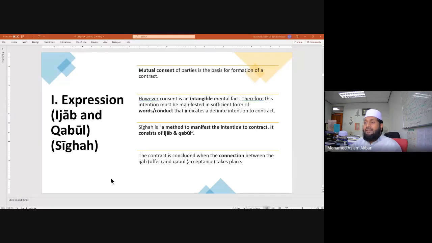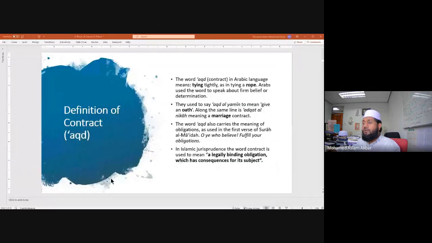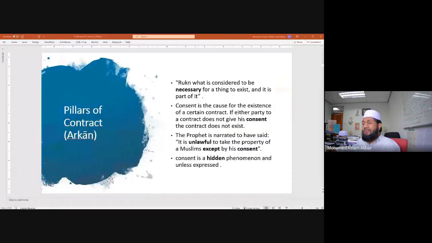So we've been discussing the first pillar of contract. We are here in the class, in the chapter called Theory of Contract. So far we discussed the definition of contract, and then we talked about the pillars of contract. So we said there are three pillars. The first one is